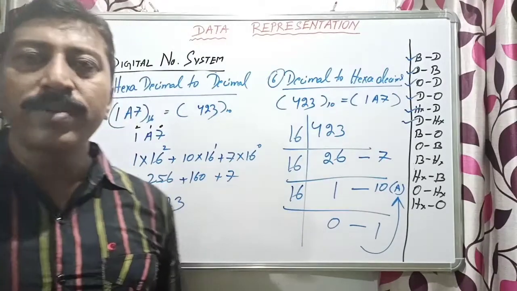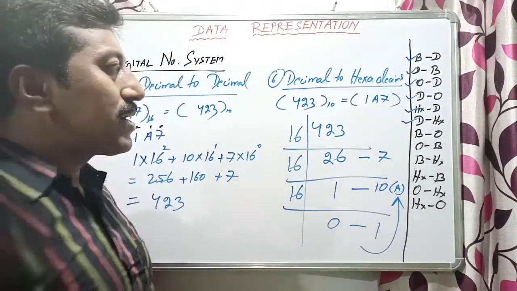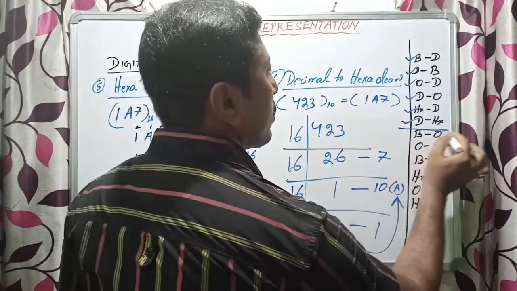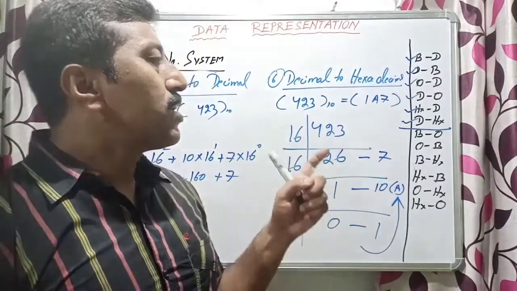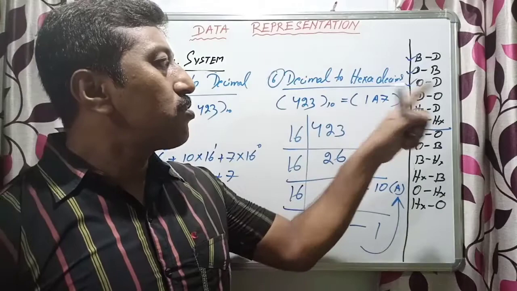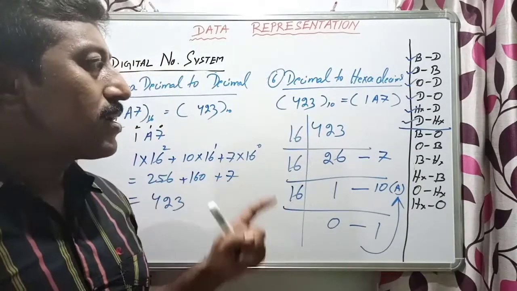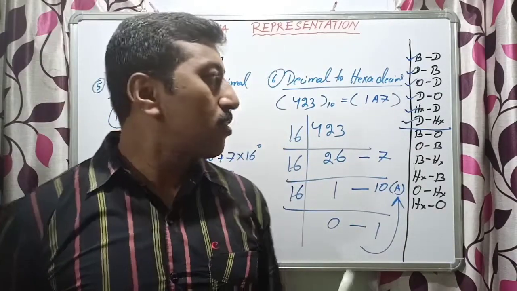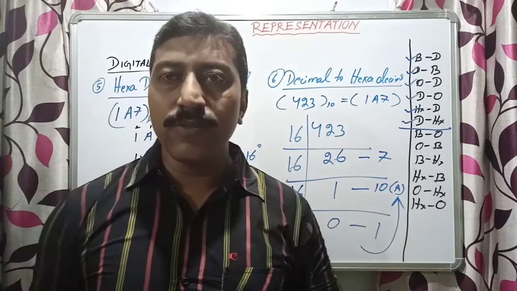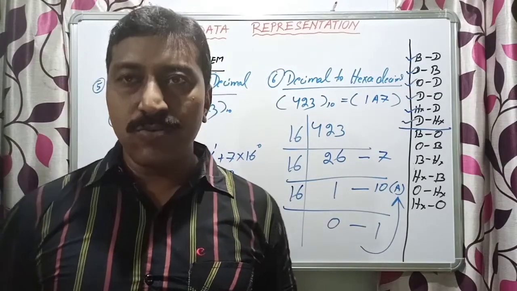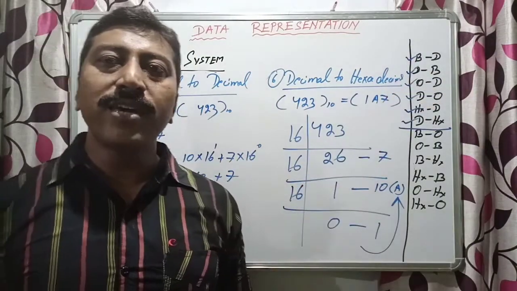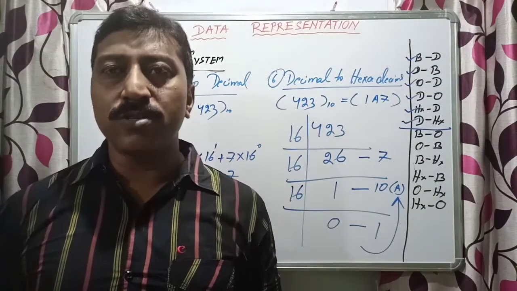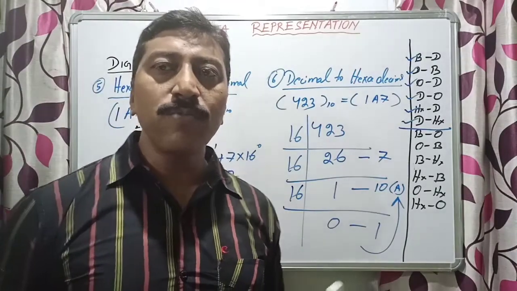I hope students you understood. So we have completed till here: binary to decimal, decimal to binary, octal to decimal, decimal to octal, hexadecimal to decimal and decimal to hexadecimal. So these conversions we have done. One more I forgot to tell you, I am showing it now. While we are doing binary to decimal, we can use decimal numbers also. I am showing you by using one decimal number.